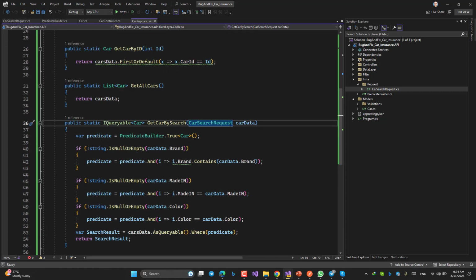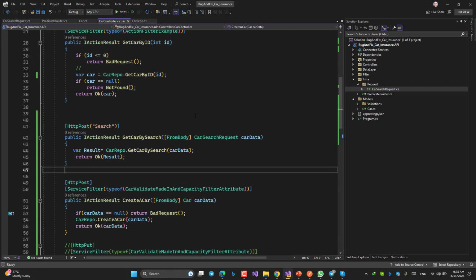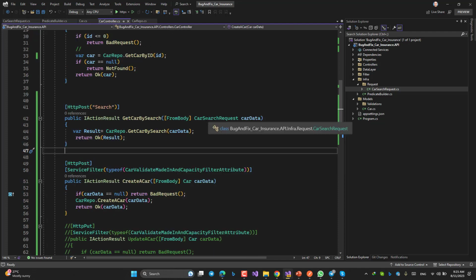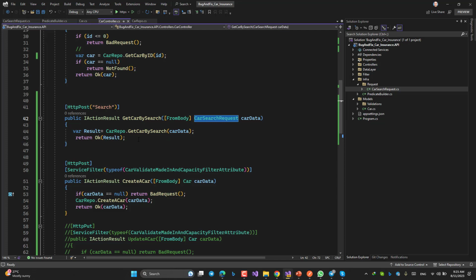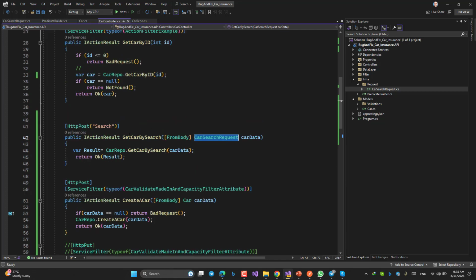So what changes should I make inside my other part of the code? Here, instead of car, I change it to car search request. So now I'm not dealing with my car model entity anymore. Inside the controller also, I change the car to car search request. That's all. So now if I run the code,